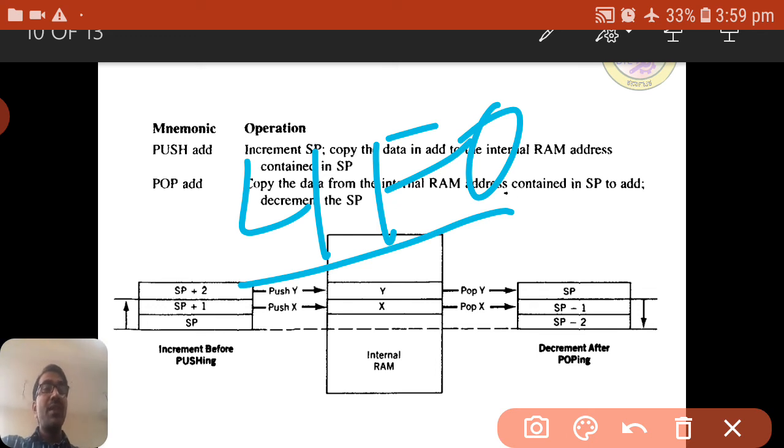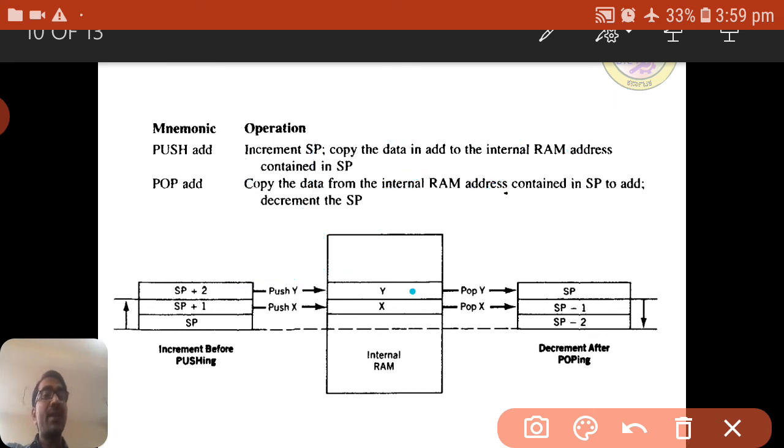Whichever is stored last will be read first. So pop Y means first it will read the value, then SP will be decremented by 1. Likewise pop X means first it will read the value, then it will be decremented by 1.